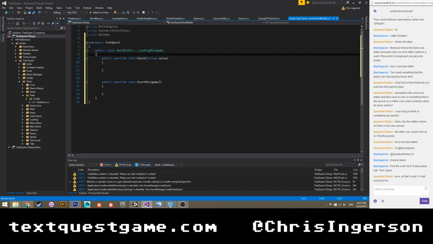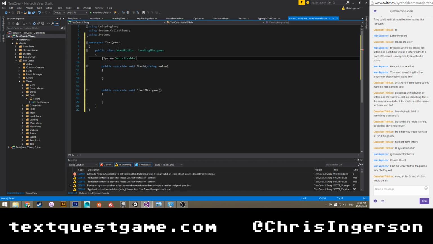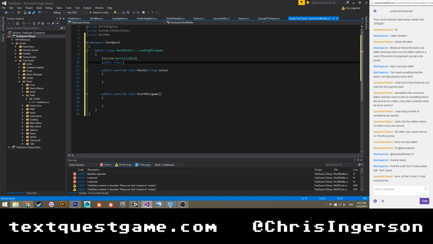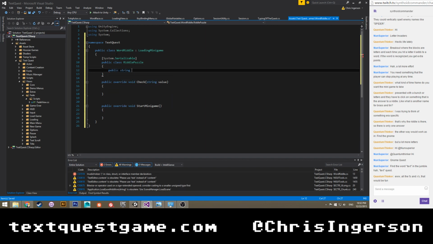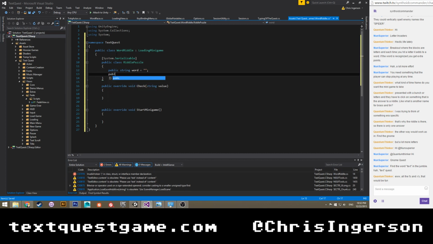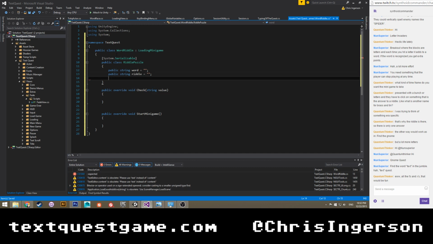So let's go ahead and have a system that's serializable, public class riddle puzzle. Public string word equals that, public string riddle equals this, public string output equals this.